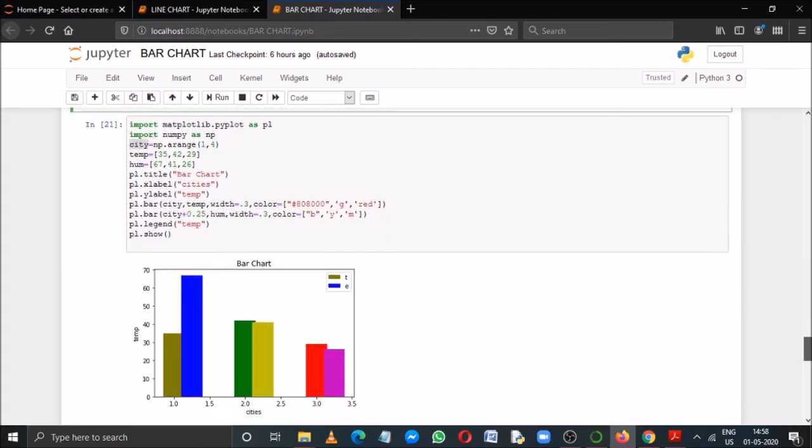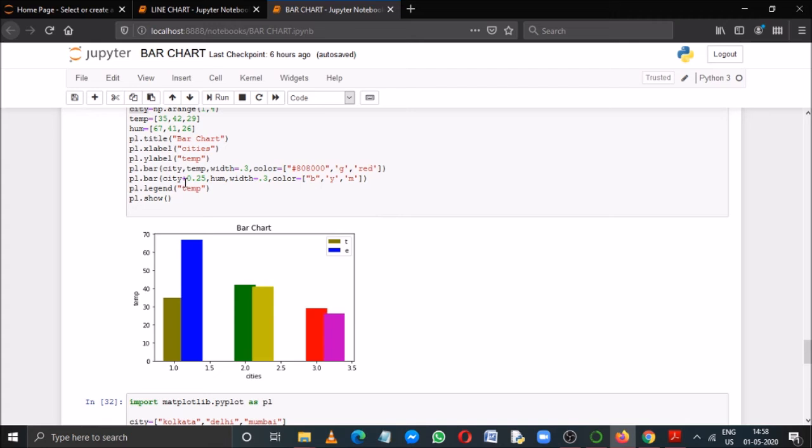But for the second bar function, what I have done, I have added 0.25 to the city. Now why have I done it? Because if I omit this value, if I just write here city comma humidity, then all of you know what is going to happen. The second bar values will coincide with the first bar values.